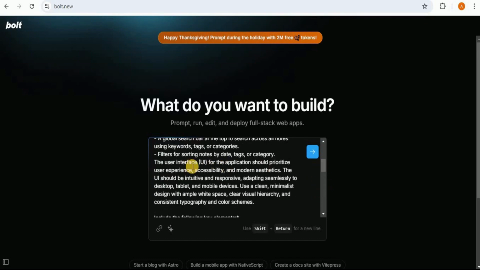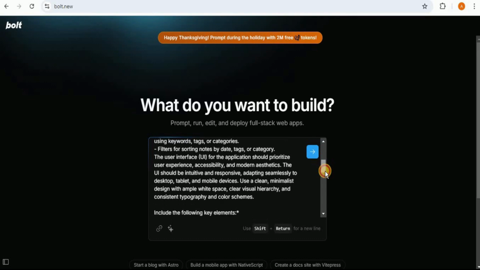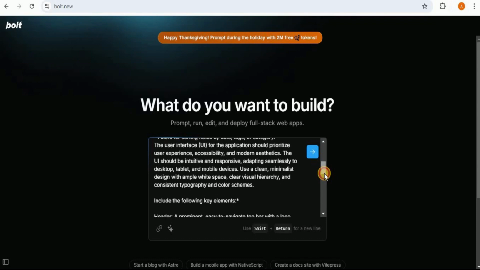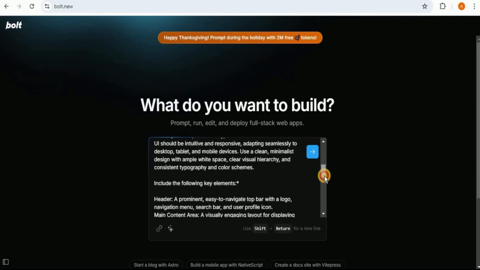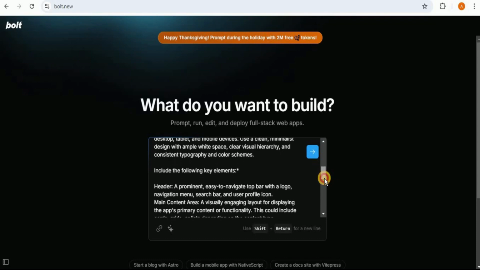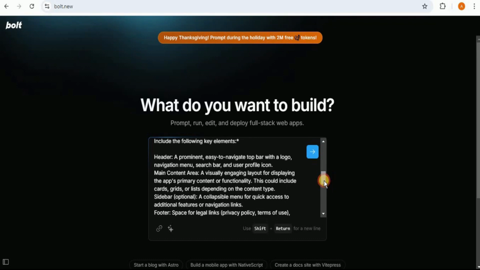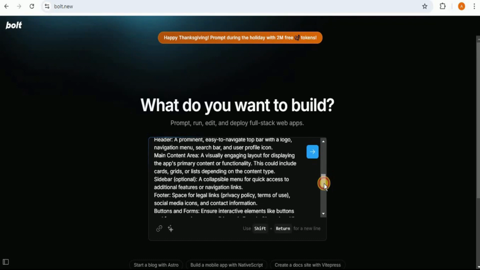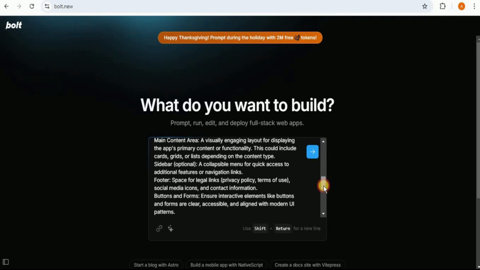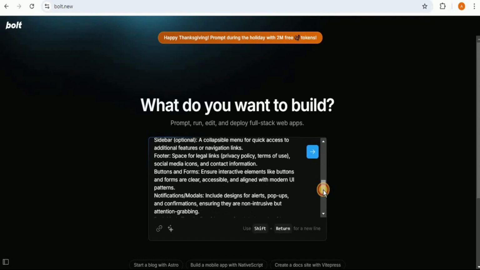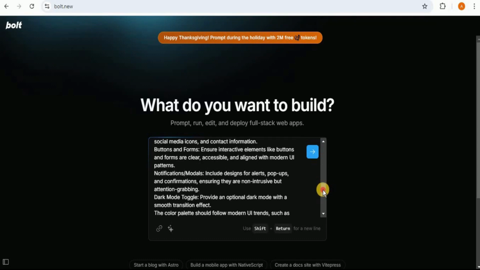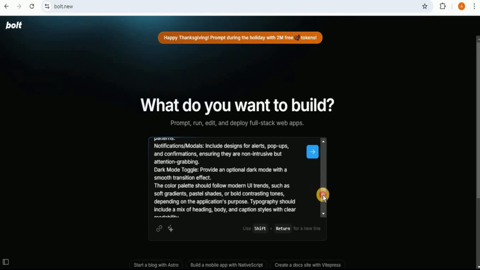Here I'm saying that the user interface should prioritize user experience, accessibility, modern aesthetics, etc. It should be compatible with desktop, tablet and mobile devices, and use a clean, minimalistic design with ample white space, etc. Then I've defined some key elements like how the header should be, how the main content area should be, how different types of cards or grids should look, and if there is a sidebar, how it should look, along with the description of how all the different elements of the interface should look.